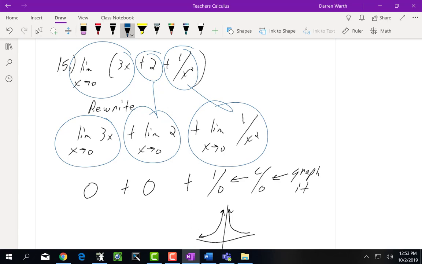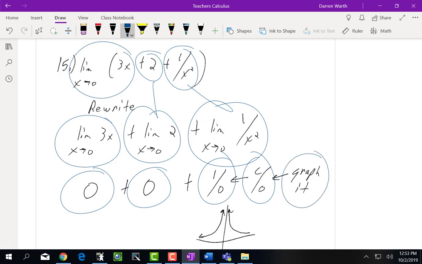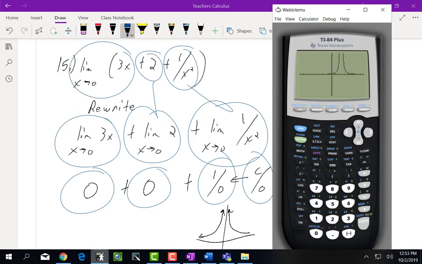When I substitute in my 0 in this first one, I get an answer of 0. The second one, an answer of 0. And this third one is plus 1 over 0, so that's a constant over 0. So again, I need to go ahead and put that in my calculator and graph it and see what it looks like. So graphing this,